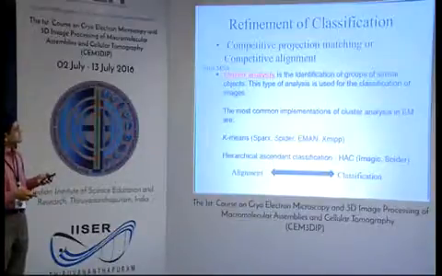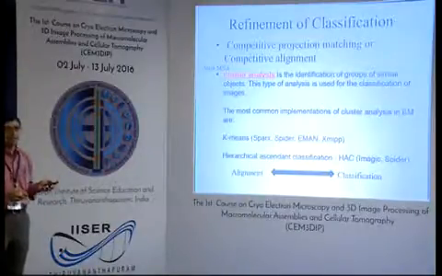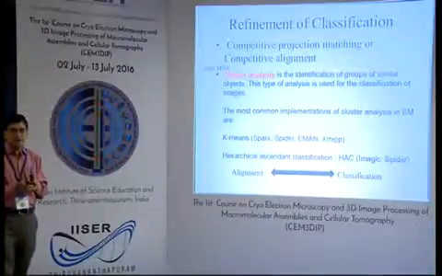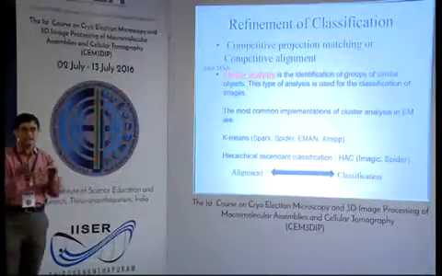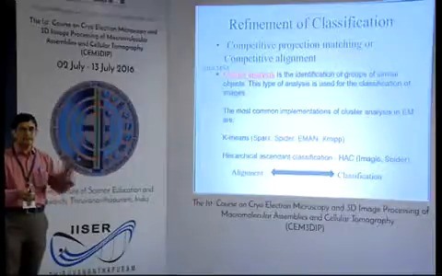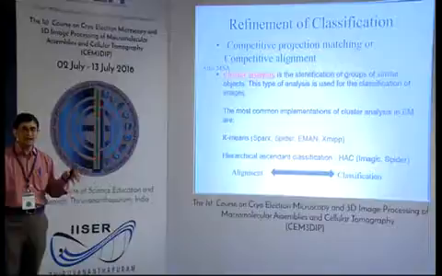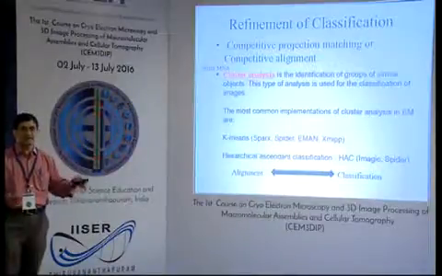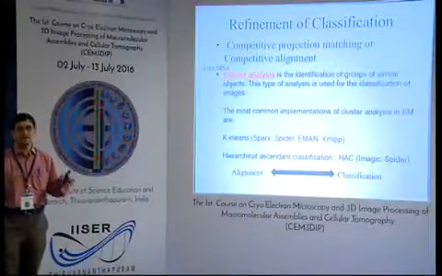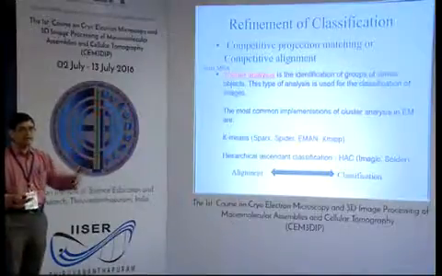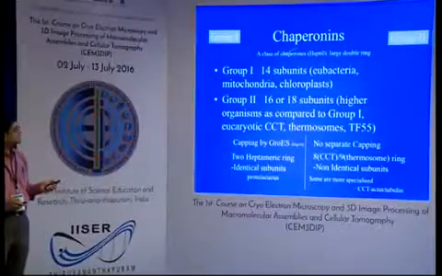So refinement of classification: basically you can actually refine the classification. For example, if you have classified a homogeneous set into 3 classes, you have the 3 different classes, and the 3D reconstruction of these 3 classes can be projected into 108 references or 216 references, etc. And then these are the, and per se chaperones are